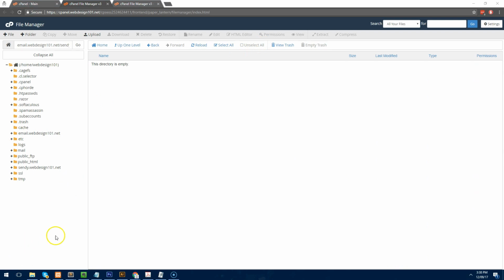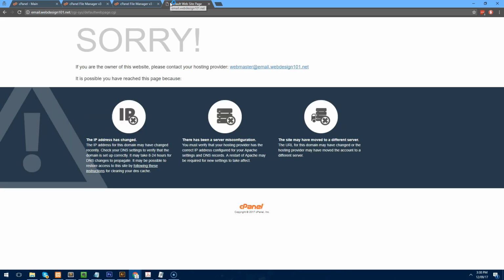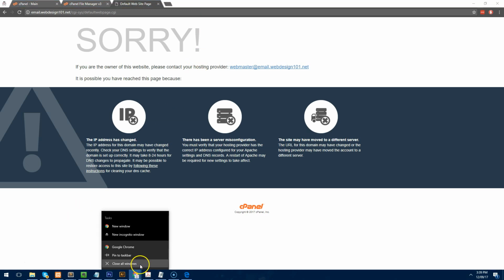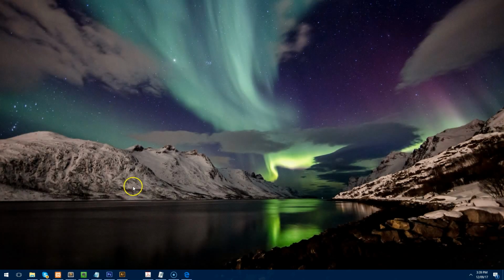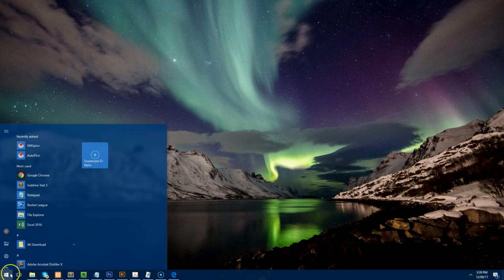So now that's done, we will go to the website, which is email.webdesign101.net, and it's still not working, so there's something wrong with my hosting. I think it might be something browser related, so what I'm going to do is just close out of my Google Chrome completely and clear my cache, and then go back into Chrome